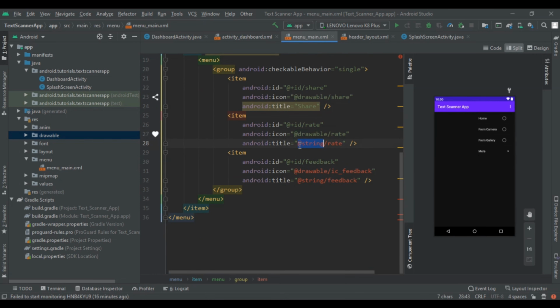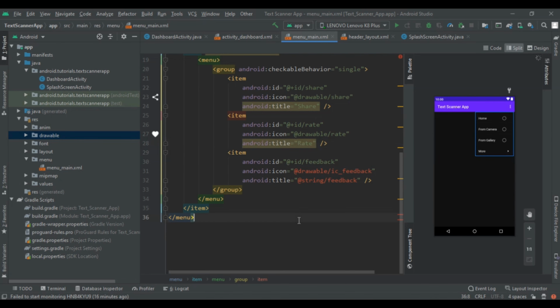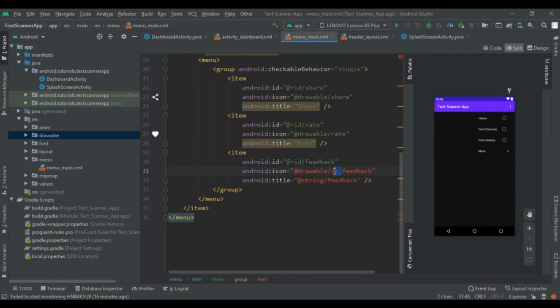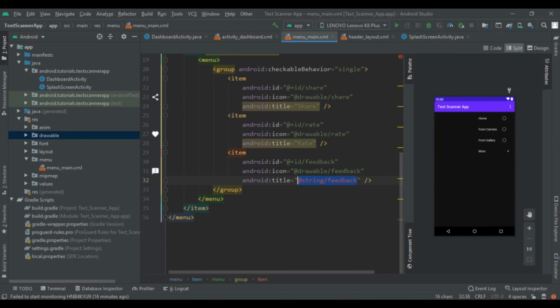You can write it manually, and the complete source code of this application will be in the description once this app is complete. So now give its title. So we had given its title and feedback thing also. So here we are writing feedback.